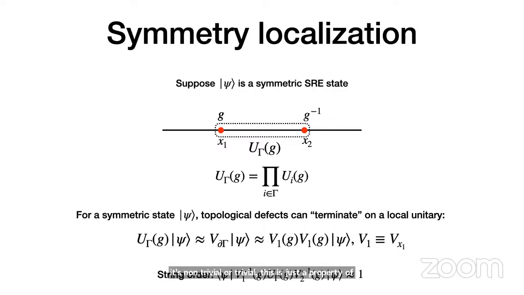Okay, all right. So now the claim is that whenever we have the ability to terminate this truncated symmetry operator on some local unitary, we can use this to derive a way to characterize these phases. We derive some topological invariants that characterize the phase, how the symmetry acts in the state. And in 1D, this leads to the famous group cohomology classification in terms of H2. So let me just flesh out how this is done.